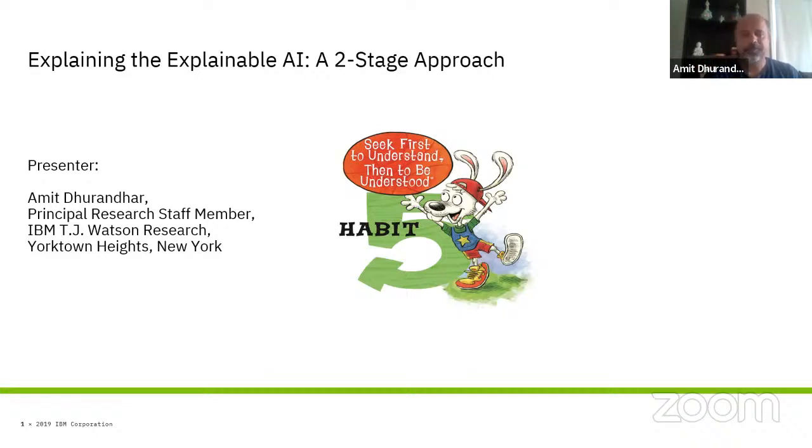So what I'll do in the talk is give you a very brief intro about explainable AI, and then share my perspective on it being a two-stage approach. And then also briefly go over the toolkit that we open sourced a few years back, just to show you what all it has, so that if it's of use in your daily